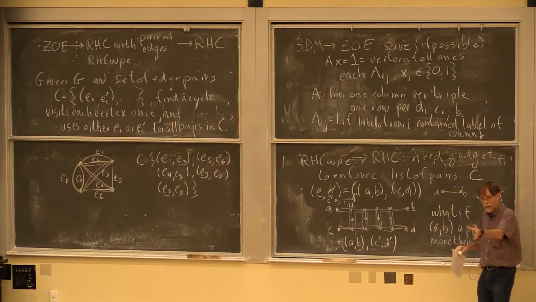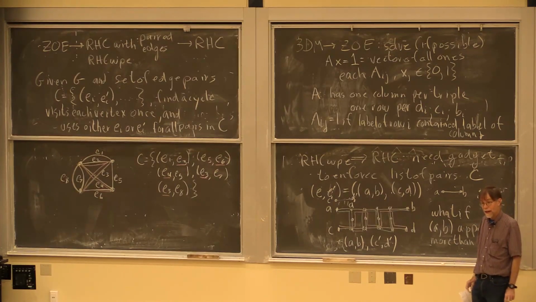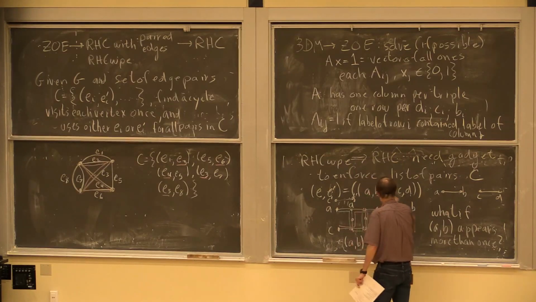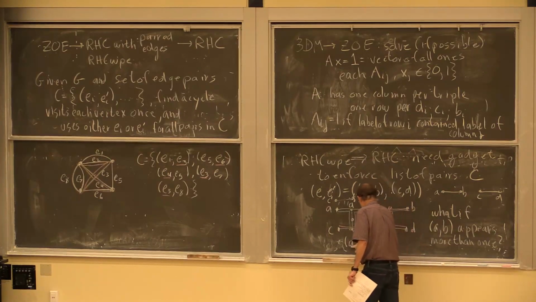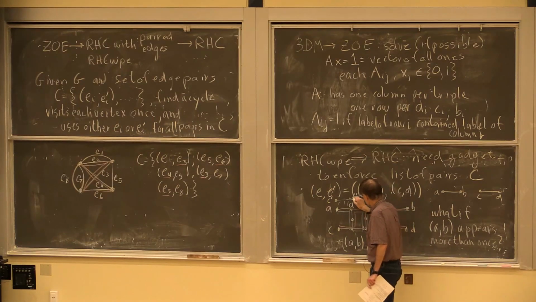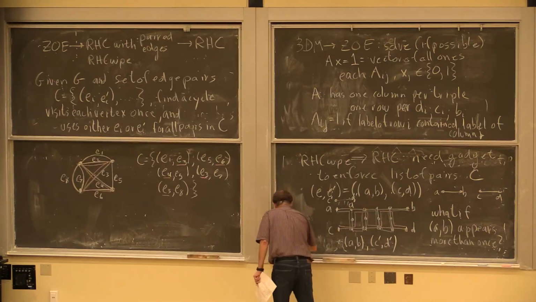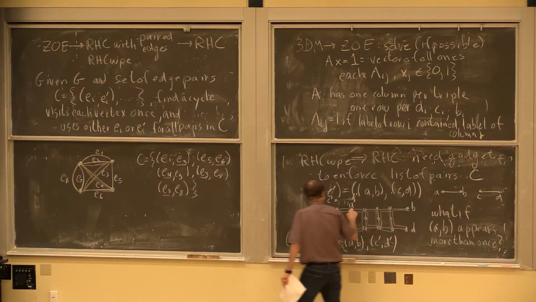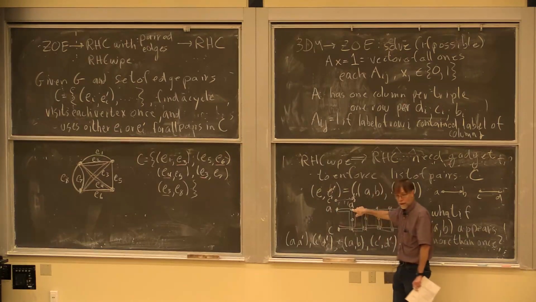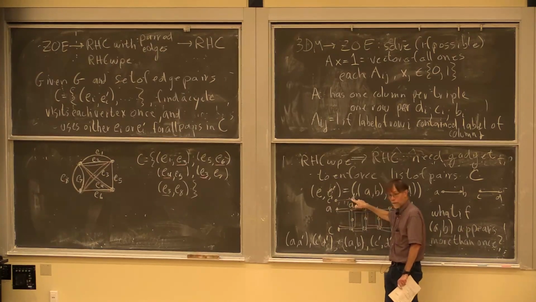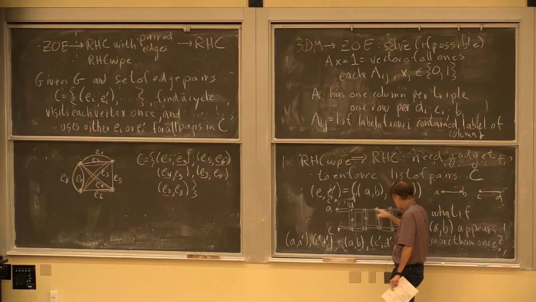So I'm almost done. Any questions? So that means I have to choose one of A, B, and one of C, D. I have to choose one of A, B, and so C prime, D prime. And so what I'm going to do is change my constraint to A prime, and C prime, D prime, where A prime is this new vertex that I introduced. And so that means I can either choose that one or that one.